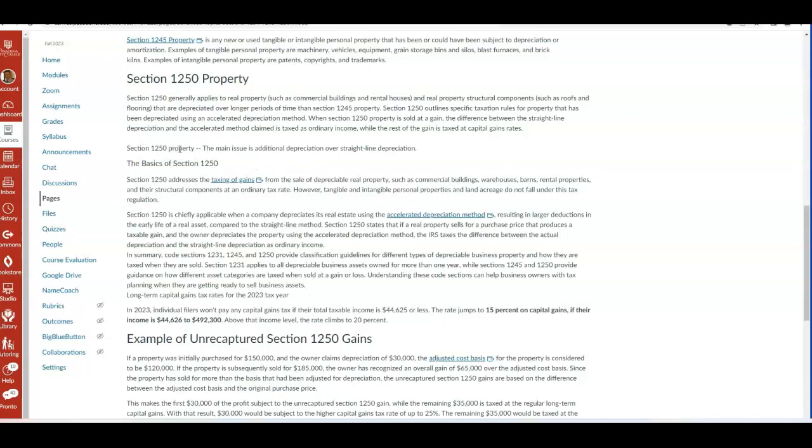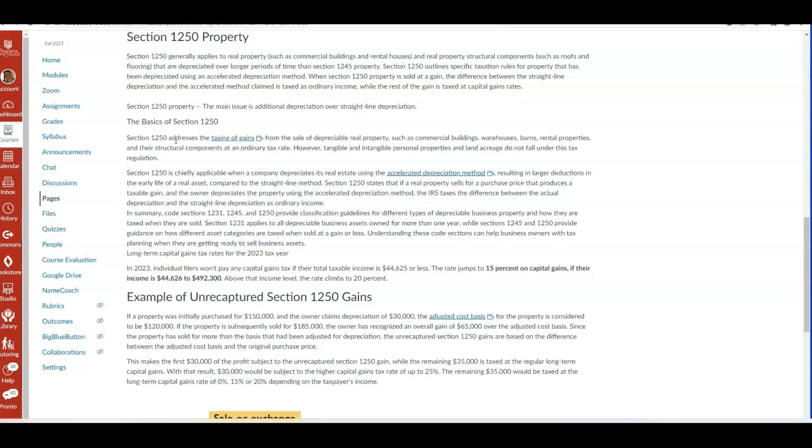So for Section 1250 property, the main issue is additional depreciation over straight line depreciation. That's where you get penalized to pay ordinary income tax rate on whatever the difference is. So Section 1250 addresses the gain that comes from the sale of depreciable real property. Again, Section 1250 is real property, such as commercial buildings, warehouses, rental properties, structural components like roofs,